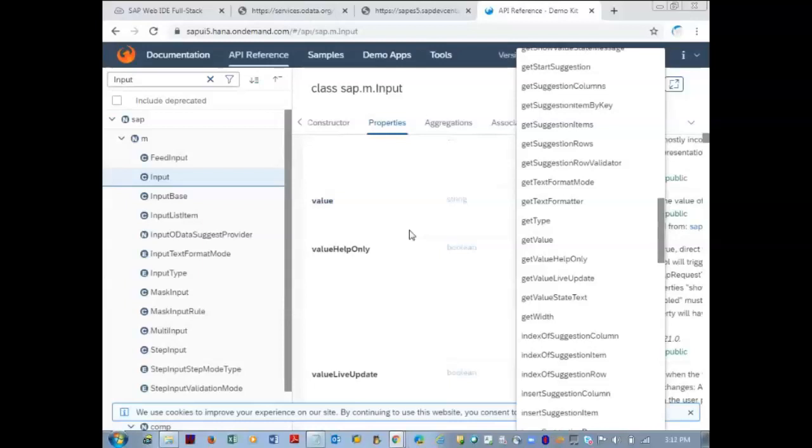Why am I using this method? Because it is defined. For the input control, if you use getText, you won't get the output. It will give an error, because for this control there is no such property as getText. Another way is debugging: when you put a breakpoint, you can see all the methods. You can also look at the browser's console, because all the libraries are loaded into the browser's memory, and read all the methods pertaining to that particular control.